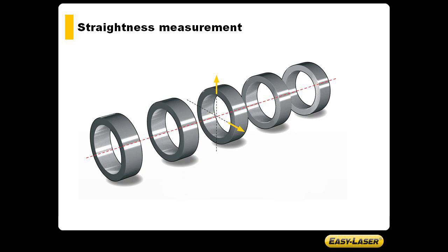The basic principle for straightness measurement is that all values will show the position of the detector unit relative to the laser beam. The laser beam is roughly aligned along the measurement object. The detector is then positioned on the selected measuring points and the values are registered. According to the measurement, two of the measuring points are set to 0 and the other points are recalculated for